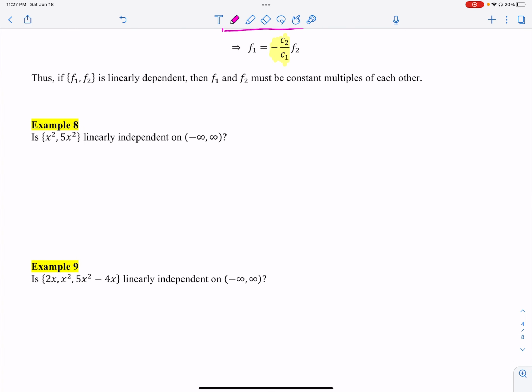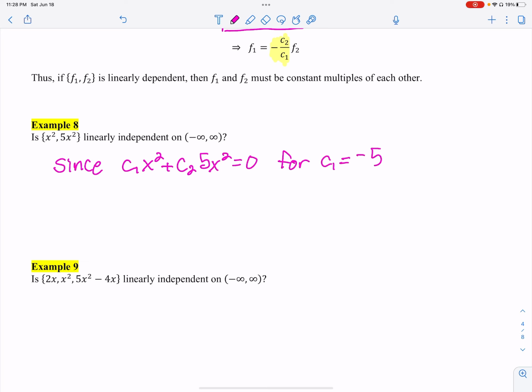So it says, are x squared and 5x squared linearly independent on all real numbers? So I'm going to write out a statement. This is something that you would write on a test. You would write it this way. I get some pretty bad answers on this one for my tests. So since c1 times x squared plus c2 times 5x squared equals 0 for, and then I write out my values. Okay, if I let c1 be negative 5 and c2 equal 1,